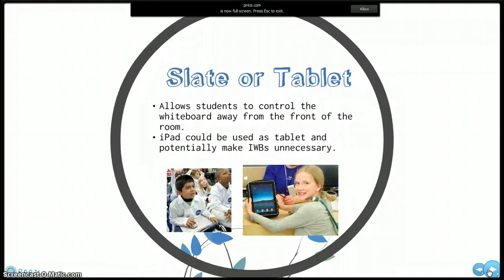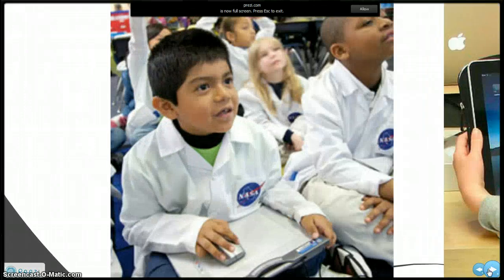A slate or tablet allows students to write on the whiteboard or work on it. Even if they're not standing at the front of the room, they could sit at their desks and make changes to the whiteboard. There is also information on the internet about using an iPad as an interactive whiteboard, where every